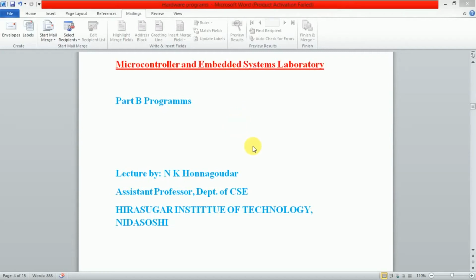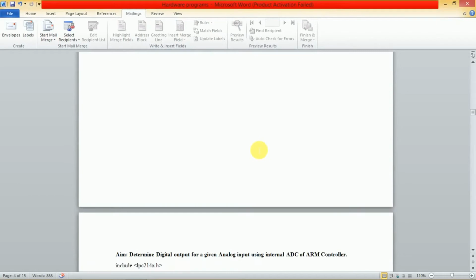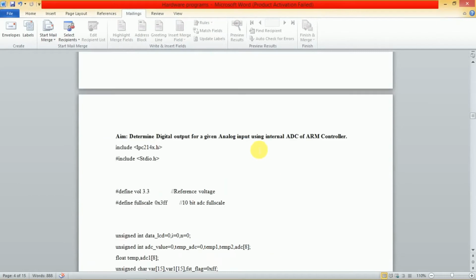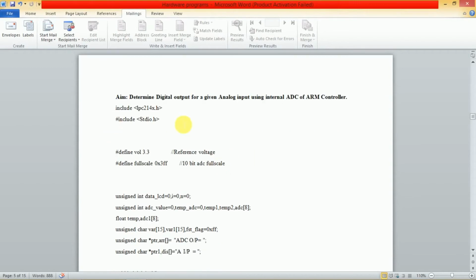So another important interfacing experiment is to determine the digital output for a given analog input using the internal ADC of the ARM controller. It means analog to digital converter. We can introduce the analog input and we get a digital output. The same principles apply: include LPC214x.h, whatever information is to be stored in the library,